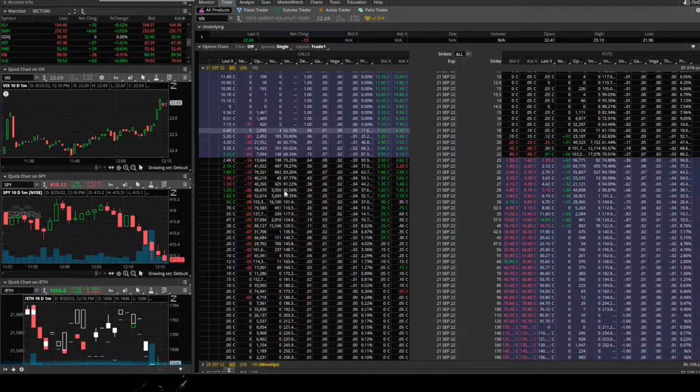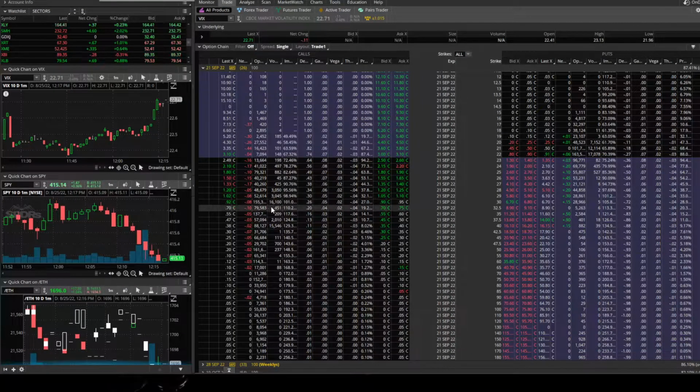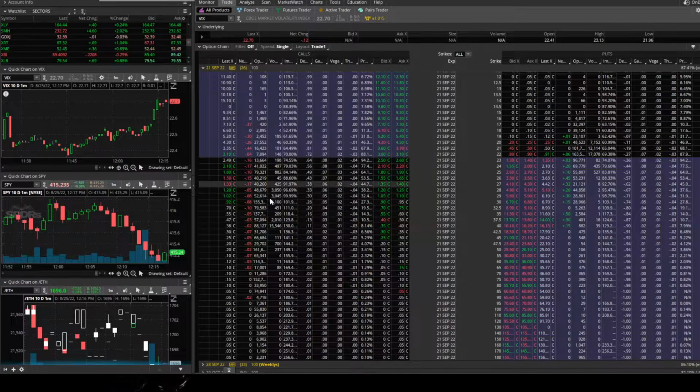Okay, what if we pass 30? What if we get closer to 30 and those dealers that are short these calls have to cover? If they cover, they're going to hedge. Usually those that are short the VIX calls, when they manage risk, they usually buy SPX puts. So when the dealers have to hedge on these short calls because they need to cover, they're probably going to buy some SPX puts.